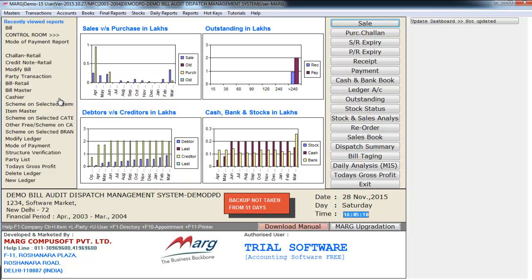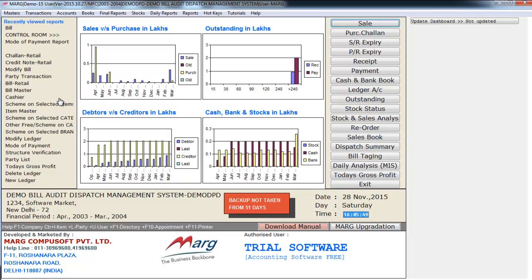Firstly, let us know what is series. Series is a number of a similar or related kind coming one after the other. So in Marg software, we can define and set any type of series to facilitate billing. We can create company-wise series, party-wise series, and set separate series for retail or tax, or set separate series for different states. So series is basically to differentiate different types of bills.